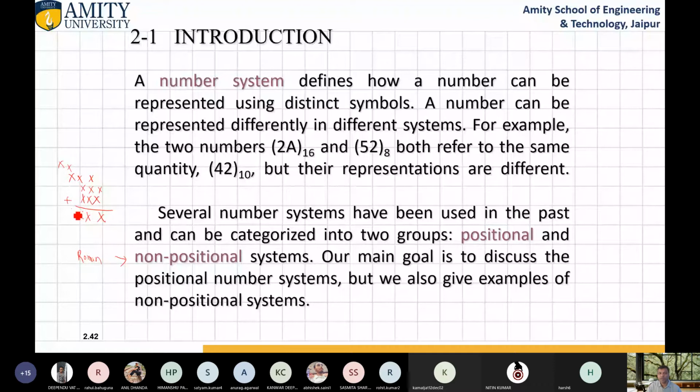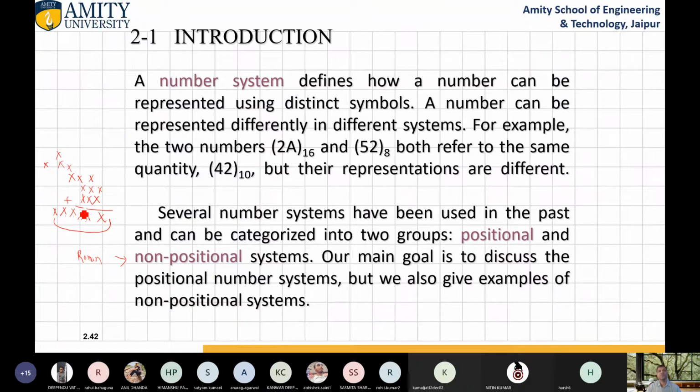Then again 20 will be written here. Then again it is 20, and then X will be written here. And then the whole number, if we add together 30 plus 30, it gives 60. 10 plus 10 plus 10 plus 10 plus 10 plus 10 is 60. The answer is correct, but the representation is not correct. This is not the way to write 60. So this is the ugly face of the non-positional number system. That's why the non-positional number system is not used in mathematics.